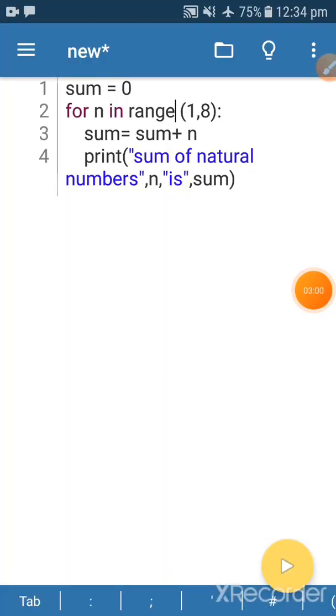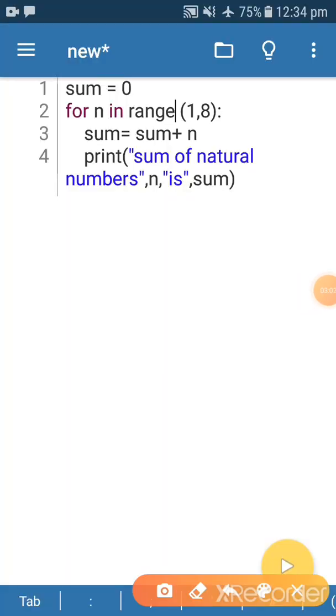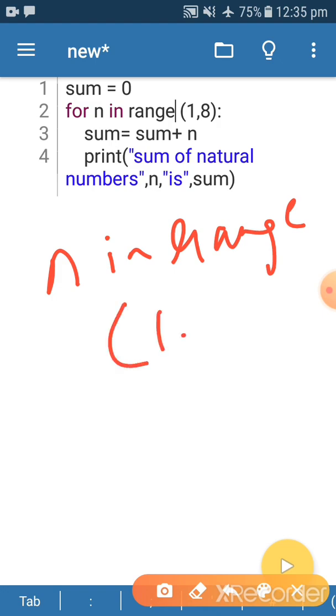Now see children, again I'm repeating this program. We need to print the sum of natural numbers between 1 to 7 and print the message after every step. Suppose n in range 1 comma 8.